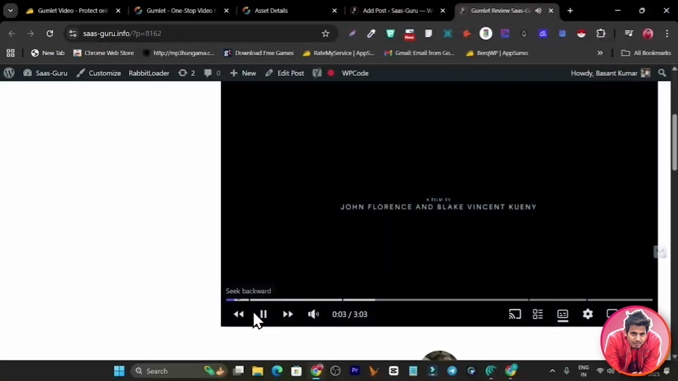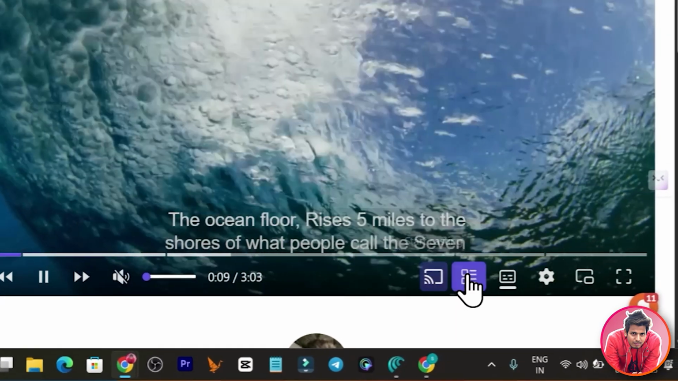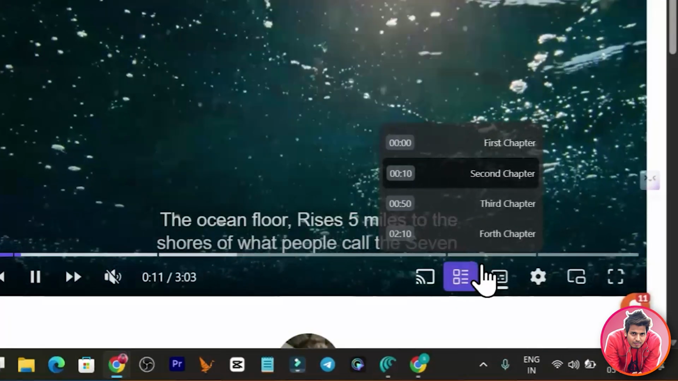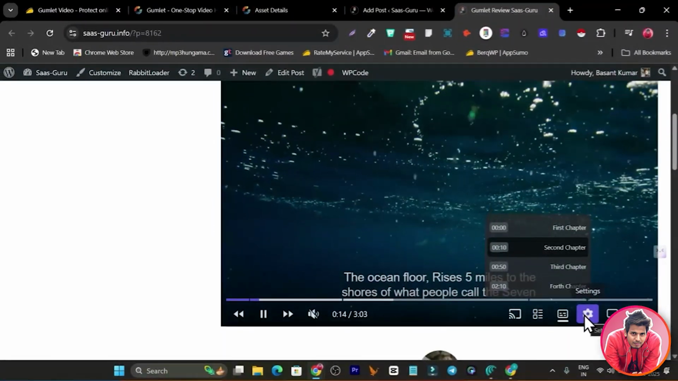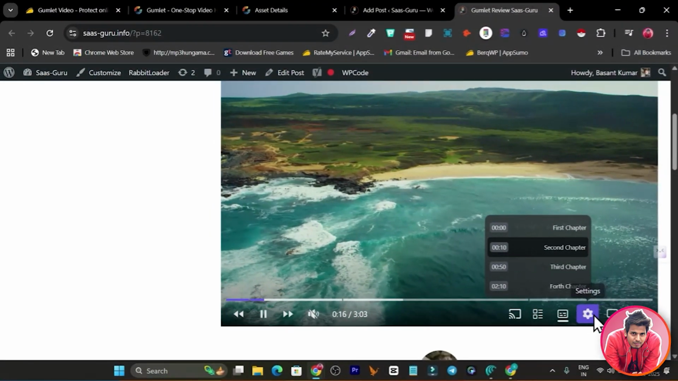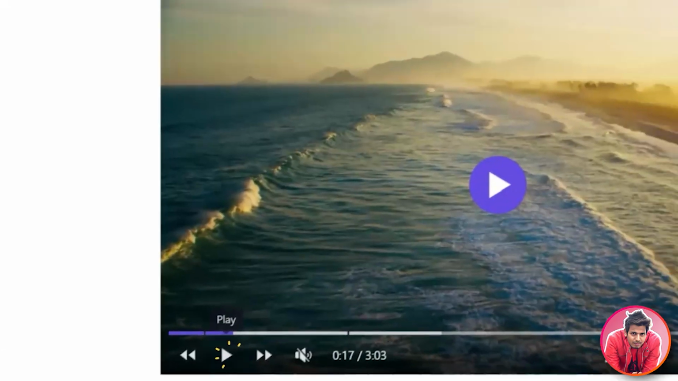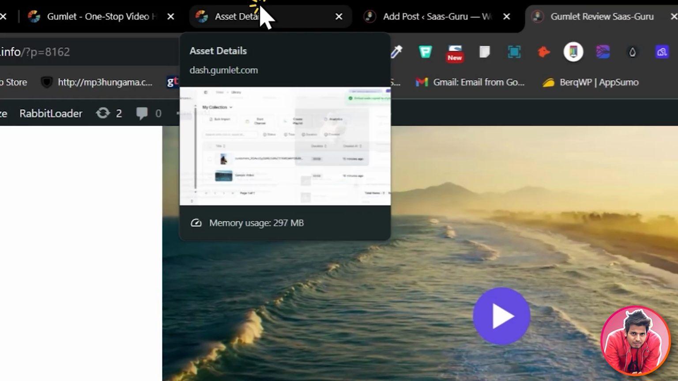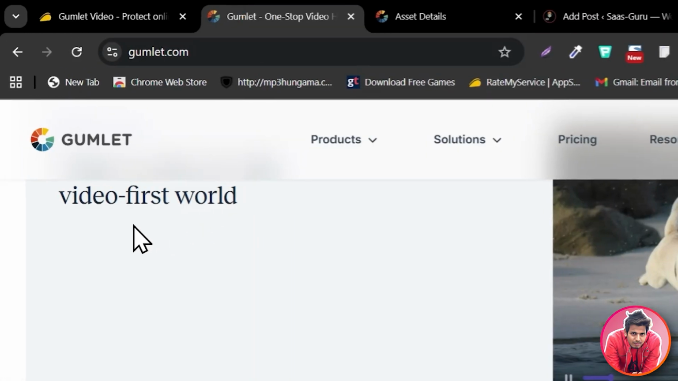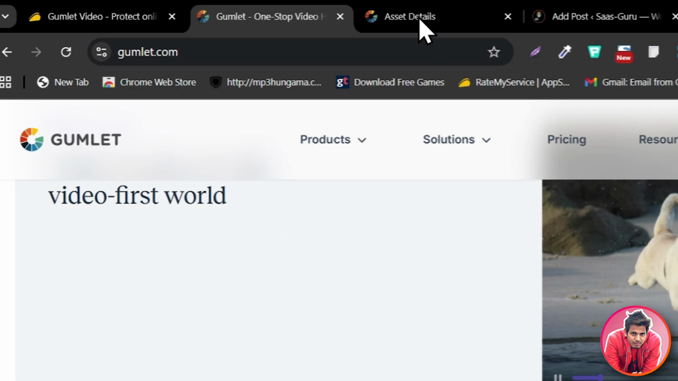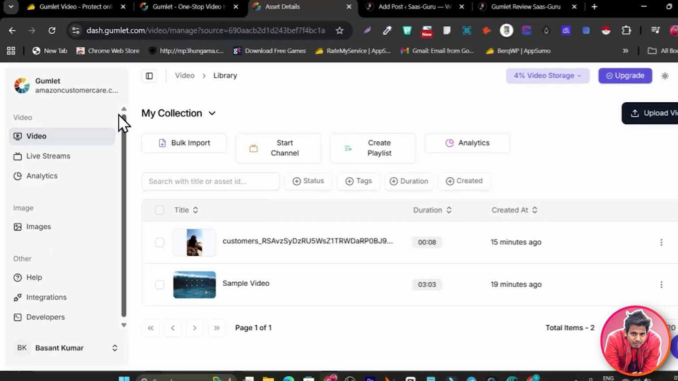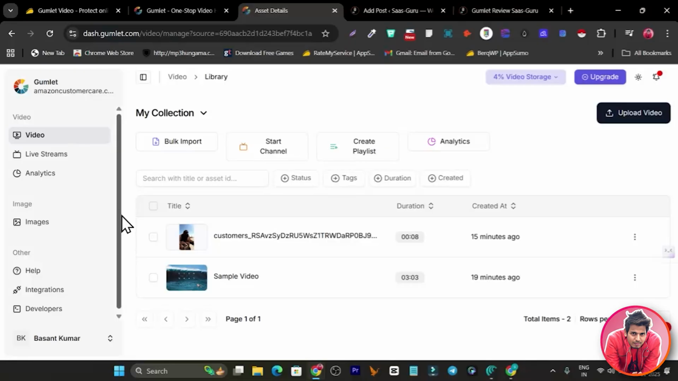So I have talked about the control settings, like you can enable and disable your sound. You can enable forms or chapters in your video. You can add multiple audio tracks or subtitles. So all this stuff you can control in your Gumlet account, and this is what makes Gumlet best here. So in this video I'm going to give you a detailed overview of these features, and because this is the